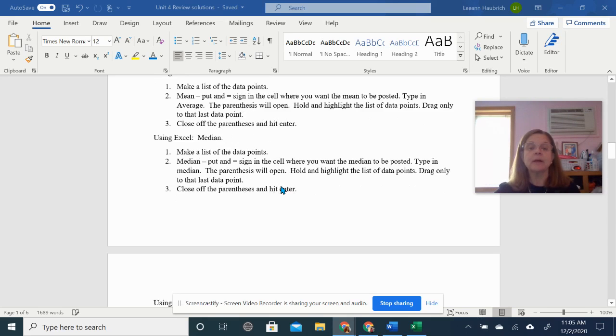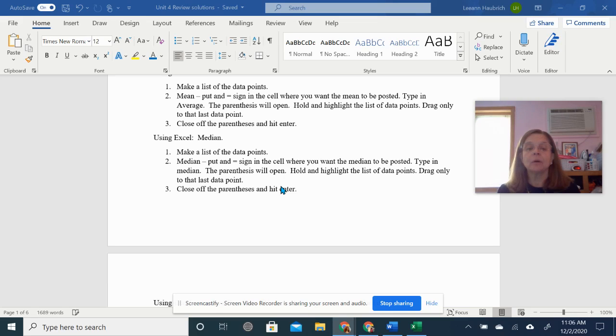Excel will also calculate the median for you. Do the same thing. Put your cursor in the cell where you want your median to appear. Click on the top value in your list, right-click, hold it down to highlight, stop at the end of the last value that you're looking for,